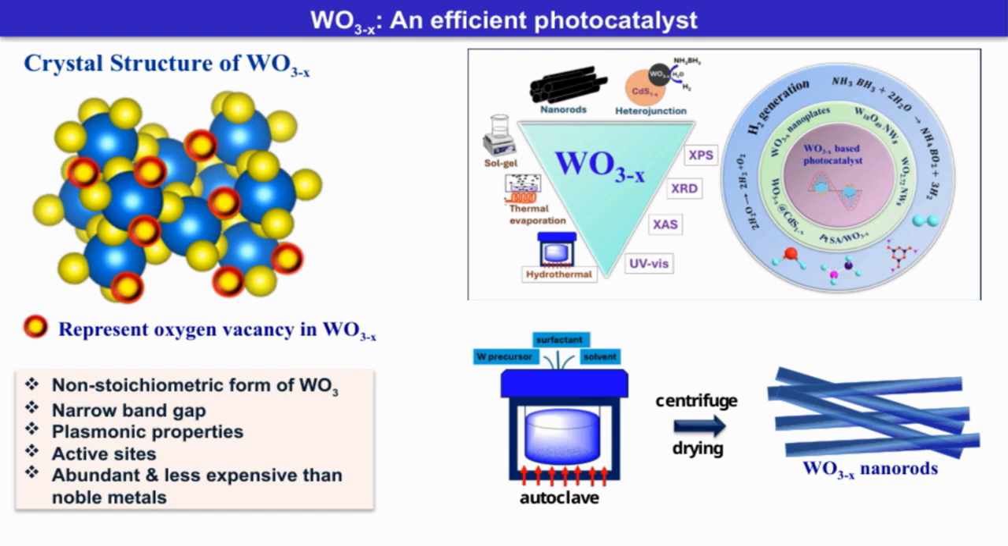Additionally, WO3-x exhibits plasmonic properties, which enhance its ability to interact with light and improve charge separation, crucial for catalytic efficiency. The presence of active sites is another vital aspect, as these are the locations where reactions occur more readily, boosting overall activity. Compared to noble metals, WO3-x is abundant and less expensive, making it a more sustainable and cost-effective